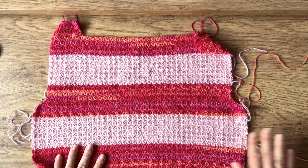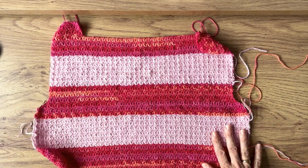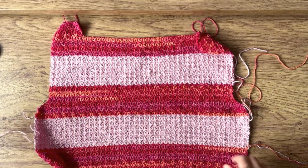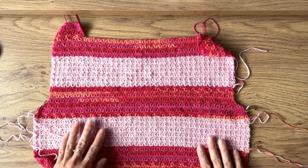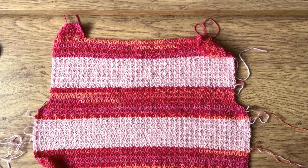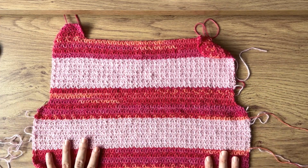So I just wanted to make a note about that if you're using thicker stripes, use this little extra. This one doesn't count because this is where I've changed colours, but I think you get the point I'm trying to make. If not, drop a note in the comments and I'll explain it when I'm feeling a little bit more articulate. So I'm going to go off and I'm going to block this and make a start on the front